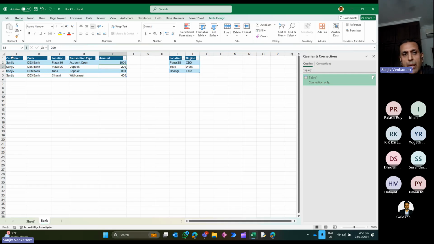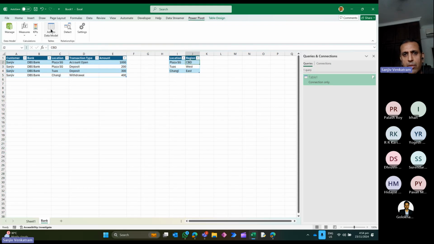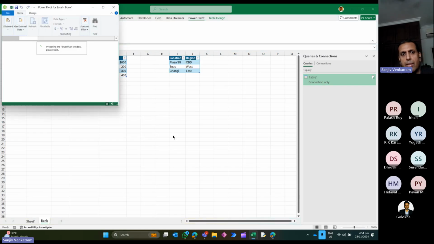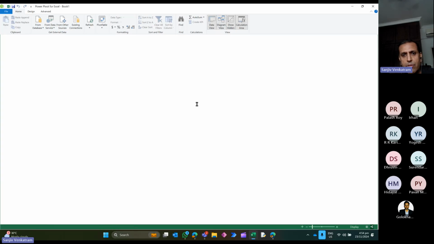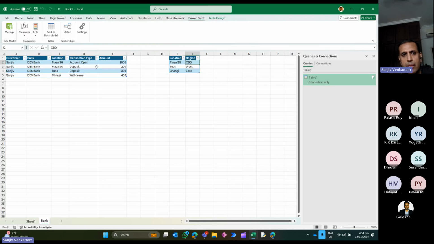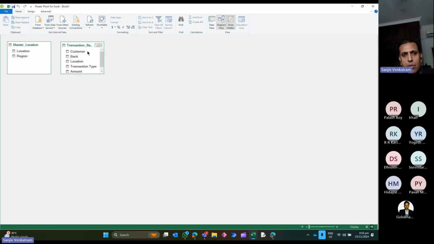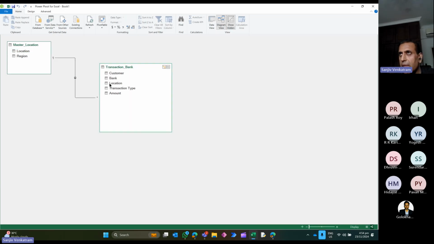So I've got my foreign keys over here: customer, bank, location, transaction. I see all of you folks are developers, so I don't need to belabor this. And then I also have a master table here, where the primary key is the location. And I use that to build out a data model, which you guys know very well, like literally adding these to our in-memory DB in Excel itself, just to keep it simple, because I just want to reiterate a couple of things. I've got my primary key, and then I've got my foreign key, and I build out my one-to-many